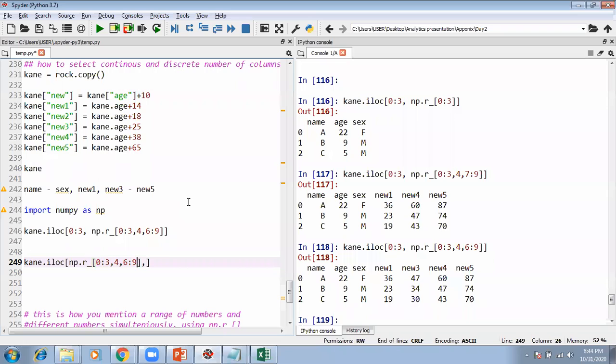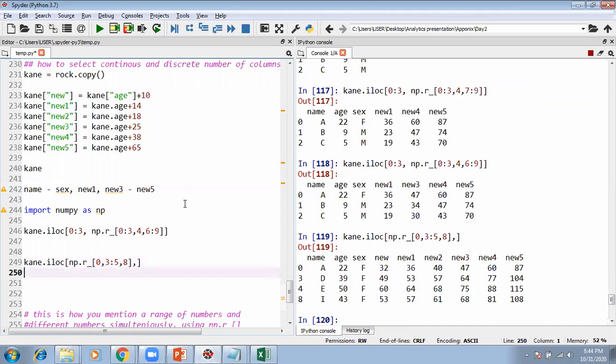Maybe 0, then I want from 3 to 5 and maybe 8. So I have 0, 3 to 5 means 1 less, 4, 3 and 4 and 8. This one clear?